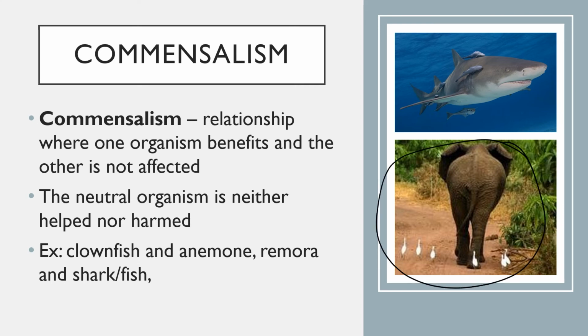Often when you have large animals like elephants or cows or buffalo, as they walk through the grass, they will walk so heavy that it brings bugs up out of the soil and out of the grass. And so birds will follow along behind them, and they benefit by that disturbance of the ground, and they eat all the bugs. Now the elephant doesn't care. It's going to walk whether it wants to or not, whether the birds are there or not, but the bird benefits from the elephant being there.